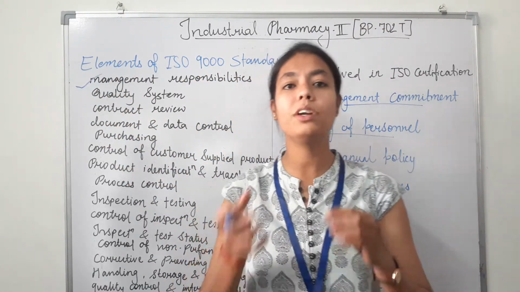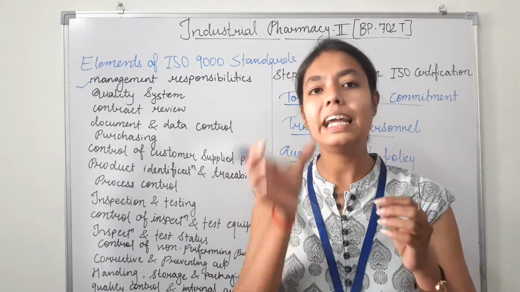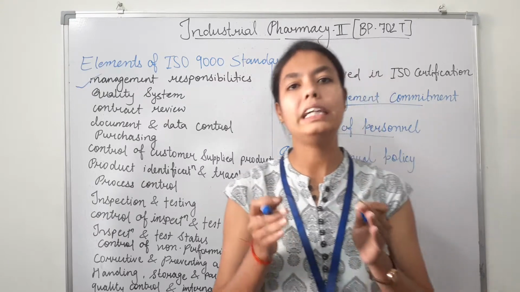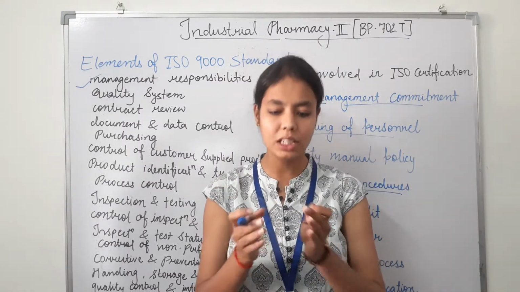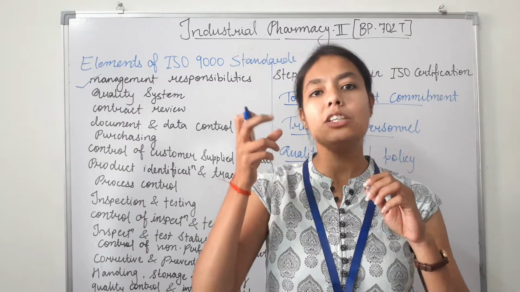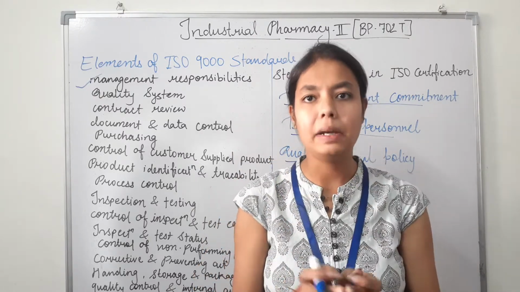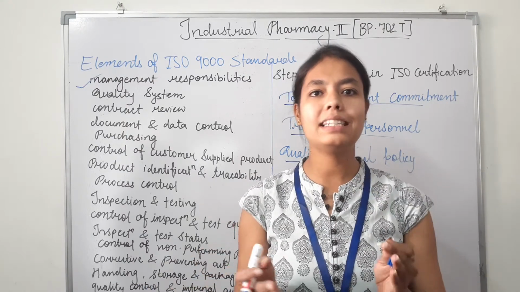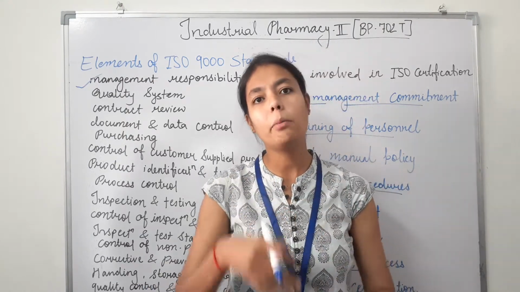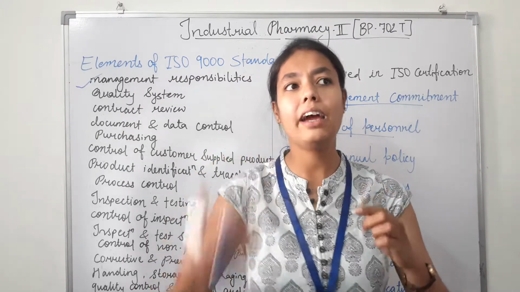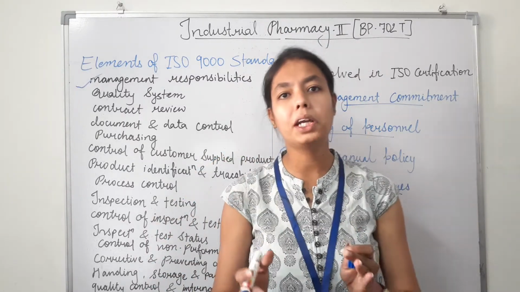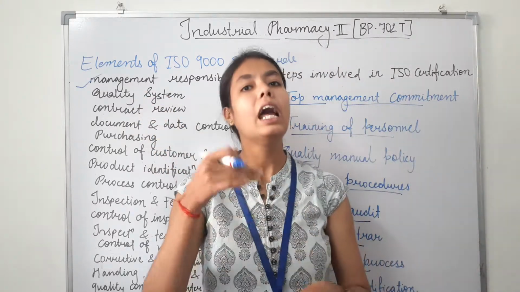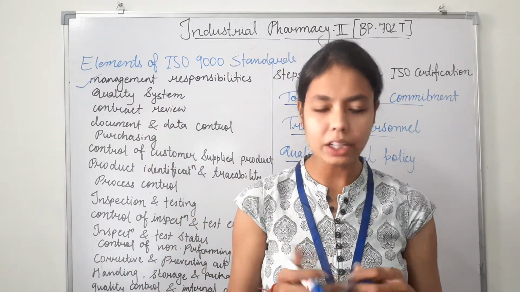So what are the management responsibilities to maintain a quality product? They have to focus on their quality policy. So what is quality policy? Quality policy is to comply with this requirement. There must be a written quality policy for an organization. Likewise, if we talk about any organization, they have a vision and mission for that particular organization; likewise the top management has to decide the quality policy for that organization.